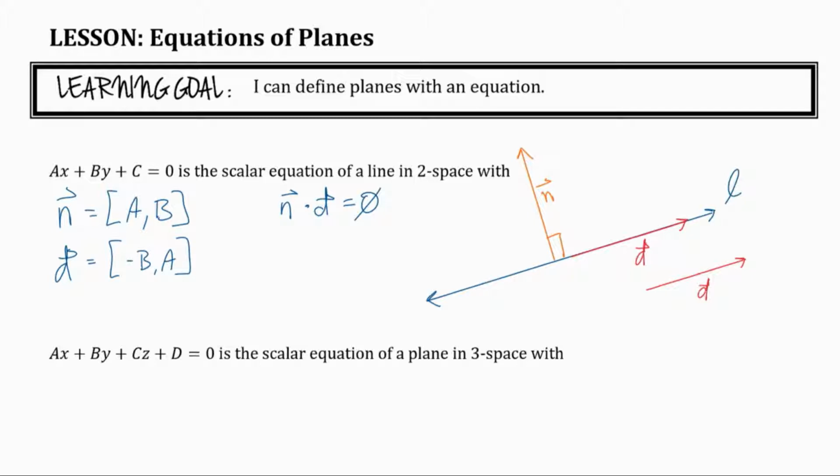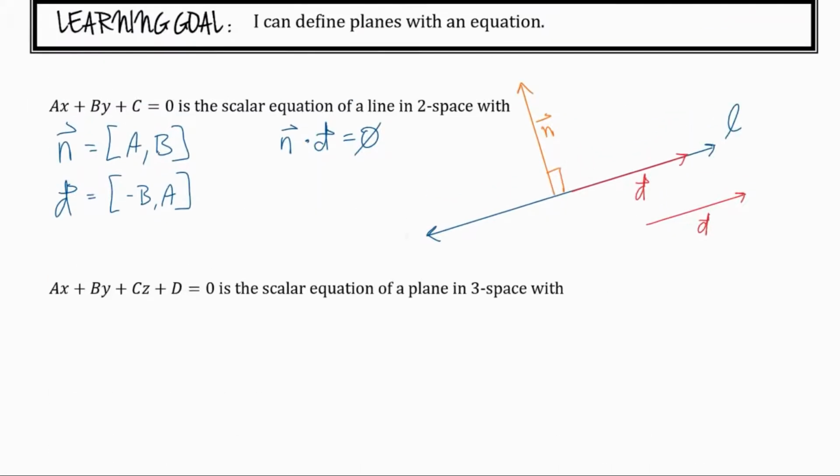Okay, so that's everything that we've talked about with lines. We talked about all the different kinds of equations. We're not going to go over all of that right now, but all the different forms of equations of lines. And we have talked about lines, as I said, from grade 9 in 2-space for years. We've also talked about them briefly in 3-space. And the different forms of equations that they can have and the different properties that they can have, and questions involving lines like, is a point on the line? Are two lines parallel, perpendicular, neither, all those kinds of things. So